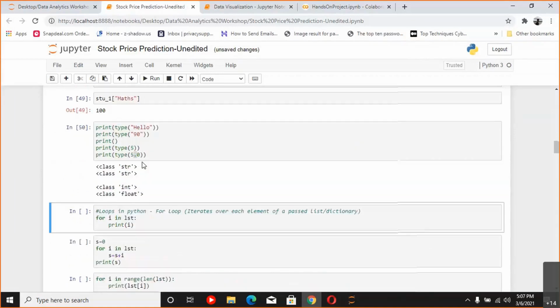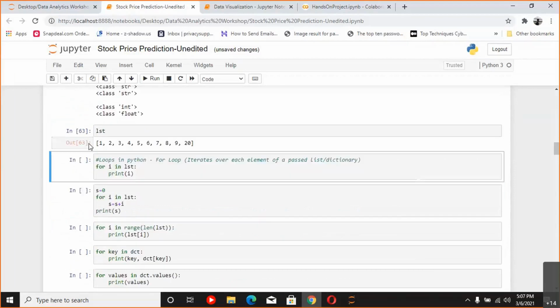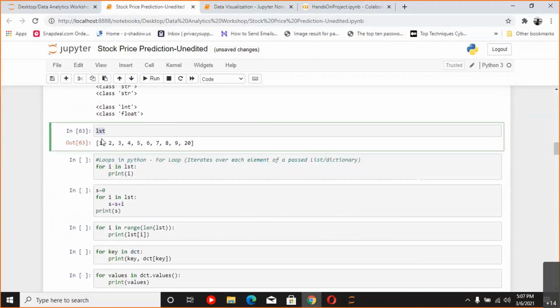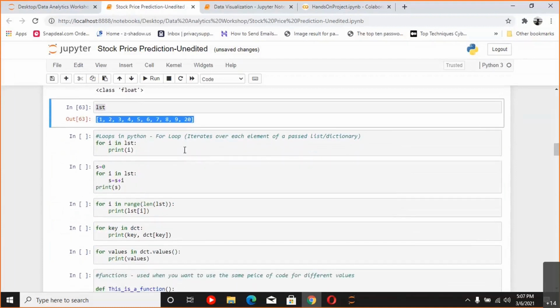So let me just print LST. What is in our LST? You can see that our variable named LST contains a list that has these 10 elements. Now we can use loops if we want to access each and every element. What we just did was LST[0], which gives us the 0th element, LST[1] gives us the first element. We have to manually do this. We want our computer program to access each and every element for us. In that case, loops are used.